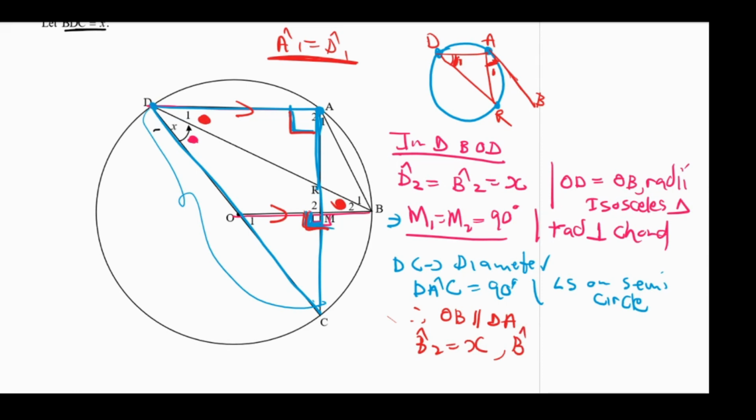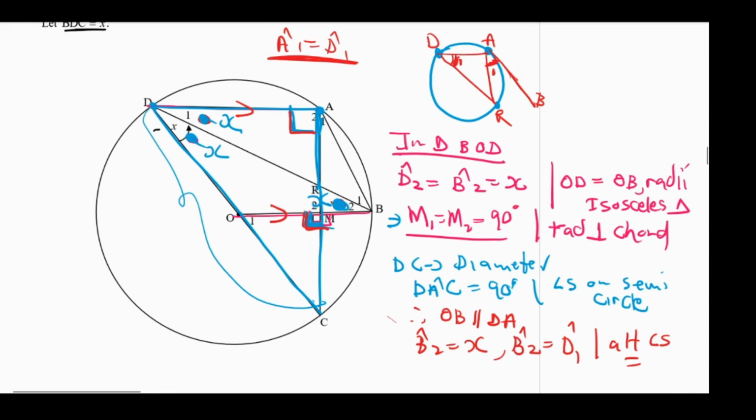So angle B2 is equal to D1. The reason for that is alternate angles are equal, right? So these alternate angles are equal, so basically these angles are equal now, and once these are equal, remember that this is also equal to this one here. So since this is X and this is X and this is X, then we are done, because remember we said